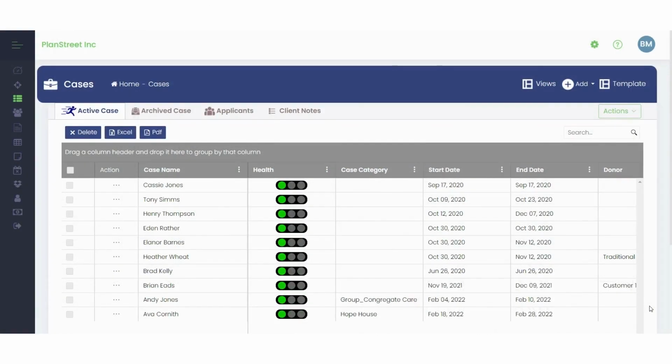I wanted to talk a few minutes today about how PlanStreet can help organizations focusing on transitional housing and how they can use the software to help speed up their processes and give them more time with their clients. So as always, within PlanStreet, you can utilize the form building tools to create your intake or your application process